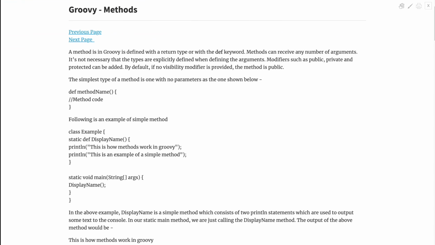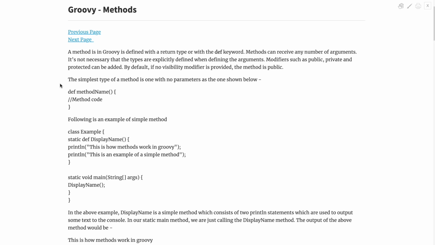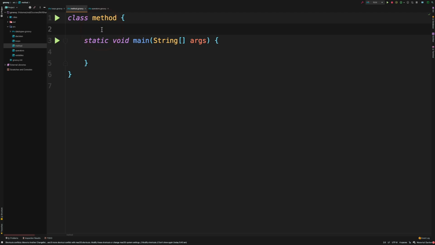So first of all, let's go back to the article. Here we've already seen a simple example. Okay, that's the method. And then we have another example here. This is a little bit weird, so I'll use a rectangle. Okay, so we've got class, we've got def displayName, and then you have this println function there. Let's go and create a new method. I'm going to start by using a def keyword, and I'm going to create a method with the name displayName, followed by parentheses, and then the code block.